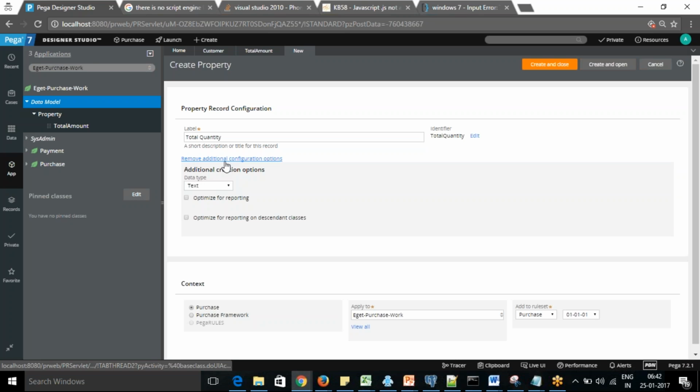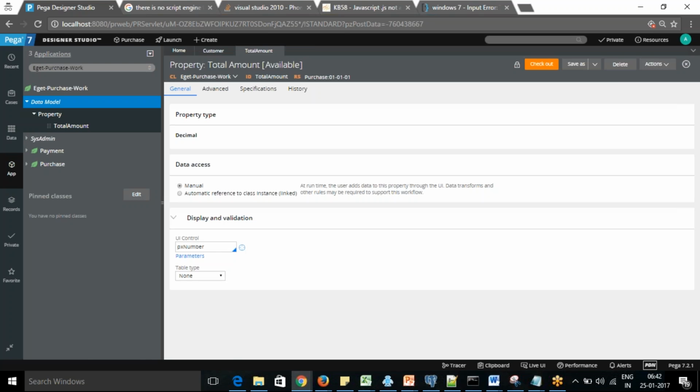So if you create a new additional configuration, you can see here itself, you can choose integer and there is no need to go into detail. It will not go to the properties form window. It will create and close the window from here. So that property is created. If you refresh it now, you will see that property here as well.